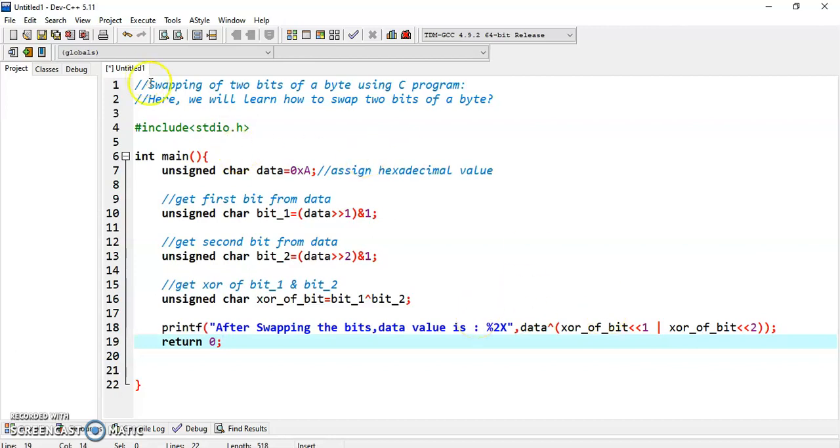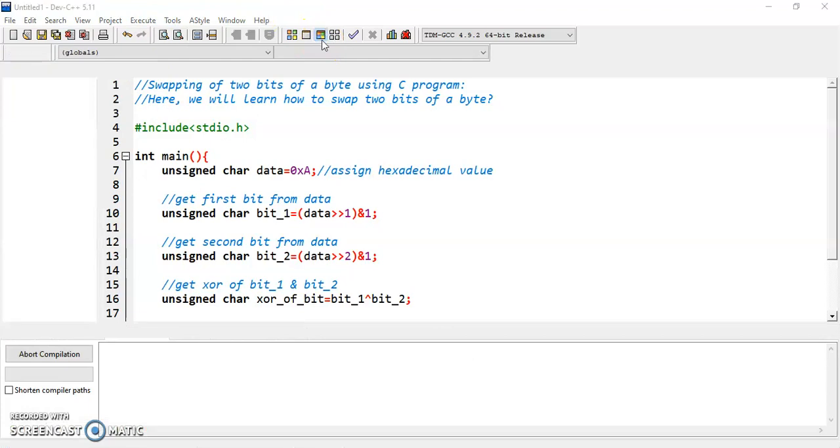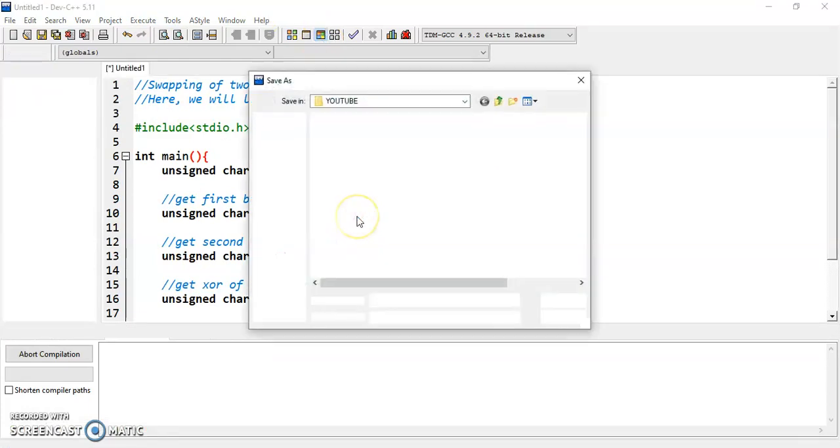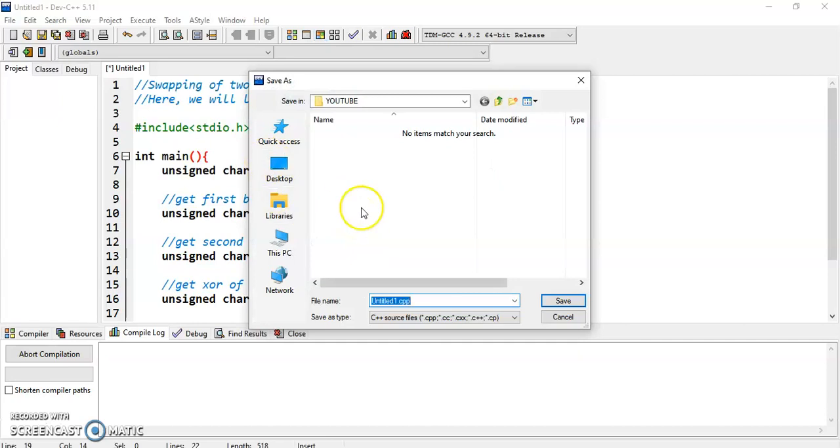So now we compile the result. Let's take some time, and here we are swapping 2 bits.